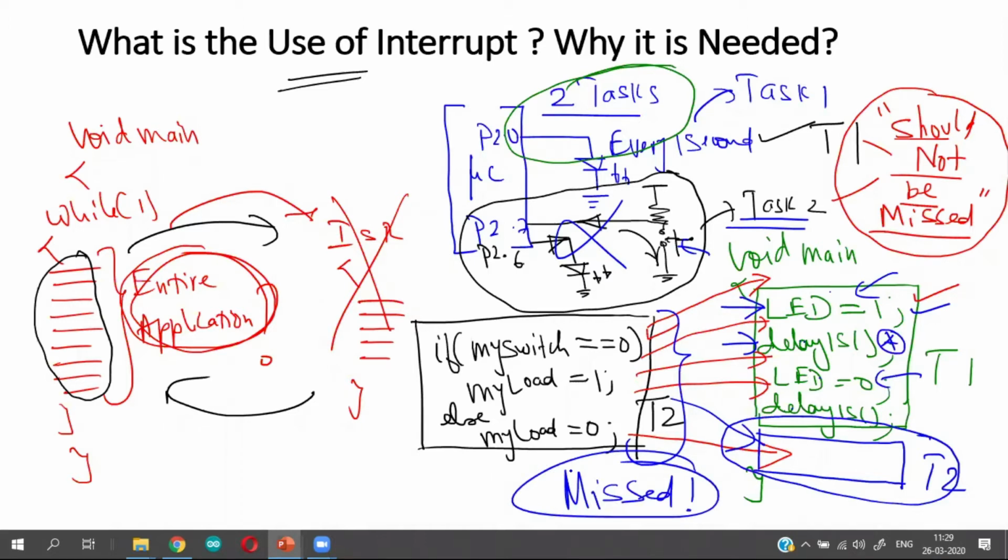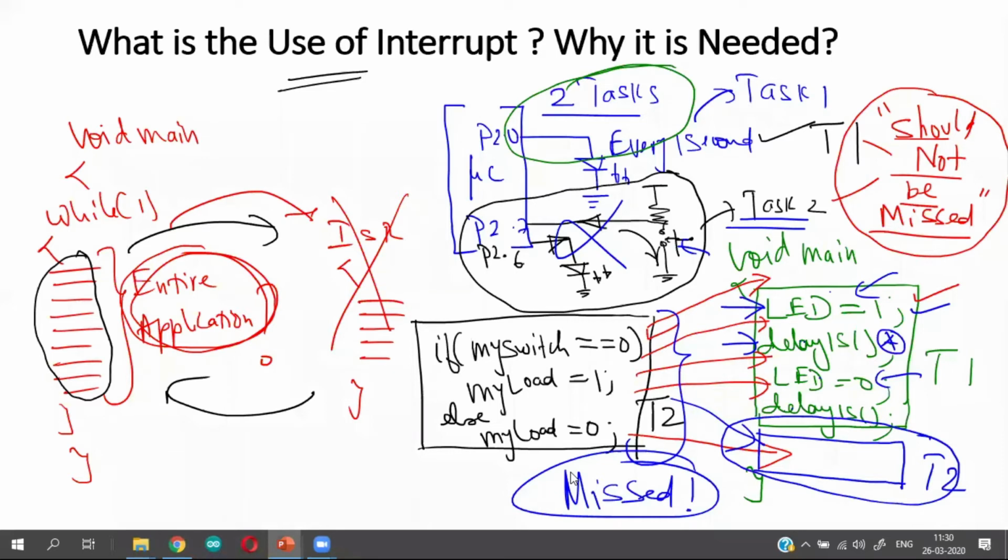Okay, such a case is not at all acceptable in any real-time system. When you are designing a task, when you are designing an application, it is important that the microcontroller makes sure that it is executing all the tasks assigned to it. Of course, we need to give preference to certain tasks, but it should not happen that it is missing some of the tasks and only some of them are getting executed.